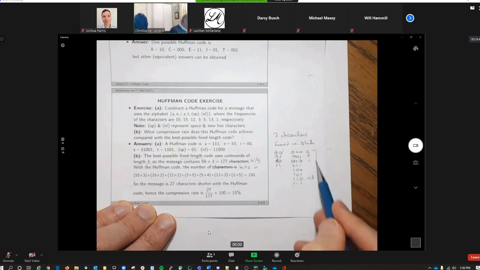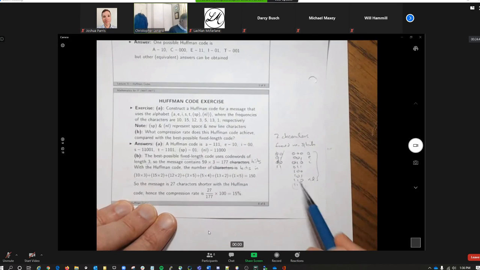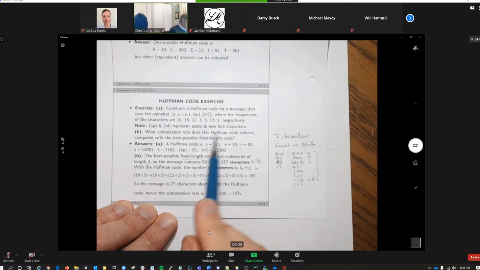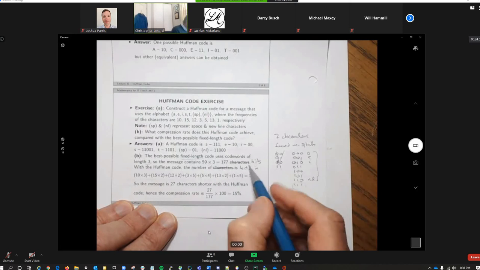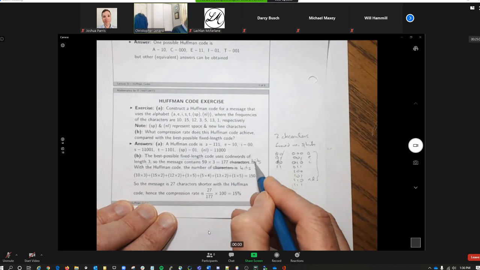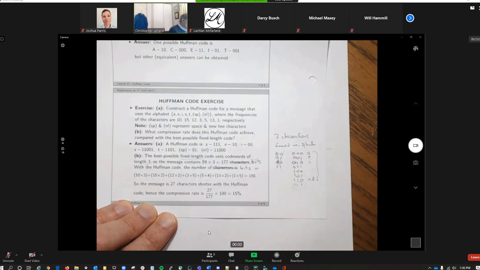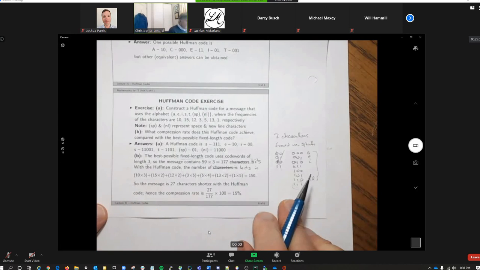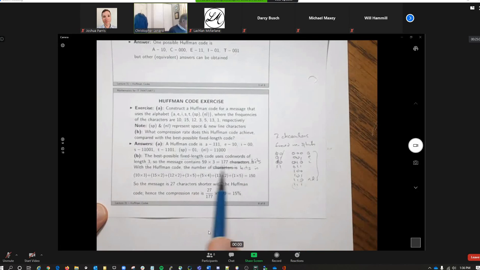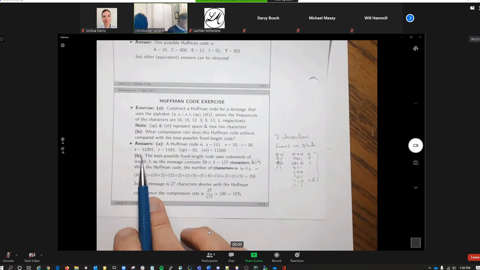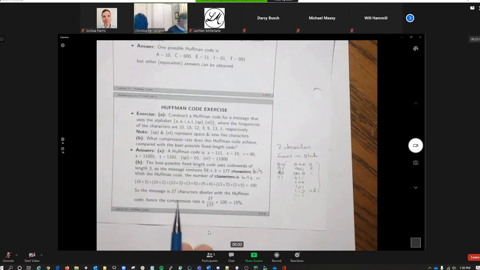So if these were our characters with the 3-bit codes for each character, and we've sent 59 characters, then in total you'd have 3 bits per character, gives you 177. And I've crossed out characters, you've got 177 bits in your string. With the Huffman code, what you do is you say